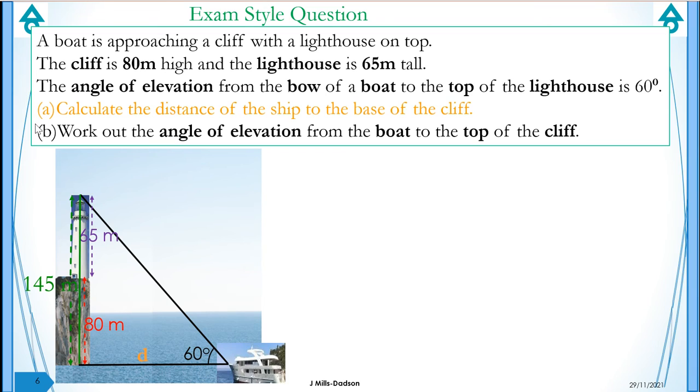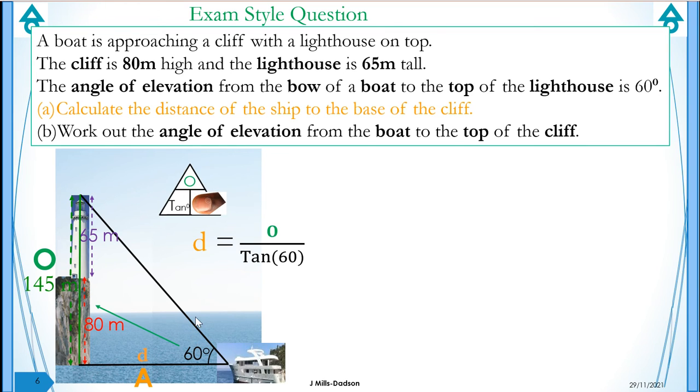So that's a right angle triangle, as you can see. So we can label it, given this angle. This is the opposite side, but that is the adjacent side. So we're going to use the tangent. We are looking for adjacent, so we cover it. That means that D is equal to the opposite side over the tangent of 60. So D is equal to 145 over tangent of 60. And D is 83.72 meters. So now,